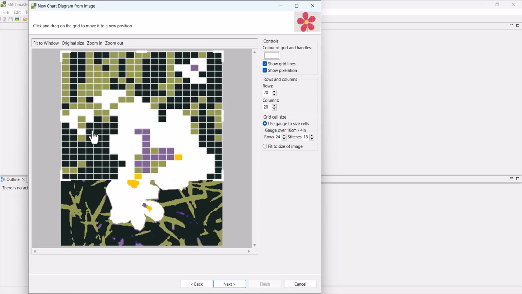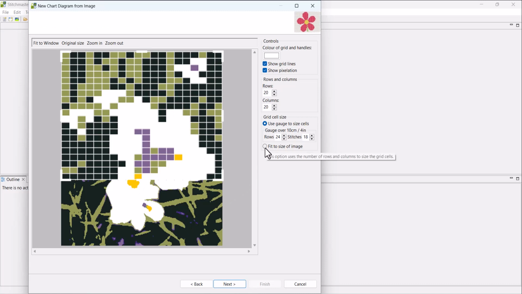And how you approach making the grid will depend on whether you want to use gauge to size the cells. So for instance, if you know that you're designing with 4-ply yarn and you know what gauge you want from your chart, then you can put that gauge in and then add or remove columns to change the area.